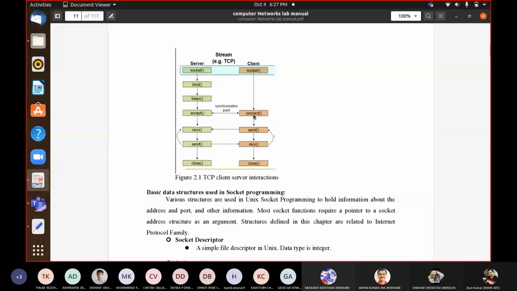Then once the connection is established, you have synchronized both the entities, then you can go ahead with the send and receive. So here client is sending something, you are receiving, then you are sending something, client is receiving. Then finally you have to close the connection.